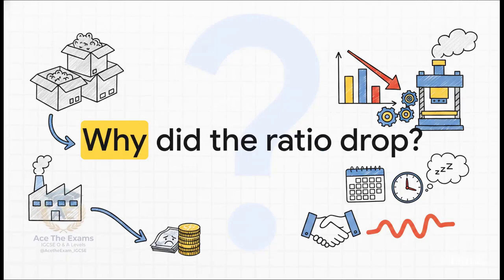Exactly. But why did it drop? That's the real A question you've got to investigate. Has the business overpurchased inventory that's now just sitting there completely obsolete in some warehouse? Are trade payables being settled way too slowly, which is damaging essential supplier relationships? Or were cash reserves completely wiped out by a massive capital expenditure, like buying brand new machinery? You have to build this exact cause and effect chain in your exam answers to unlock those top-tier marks in